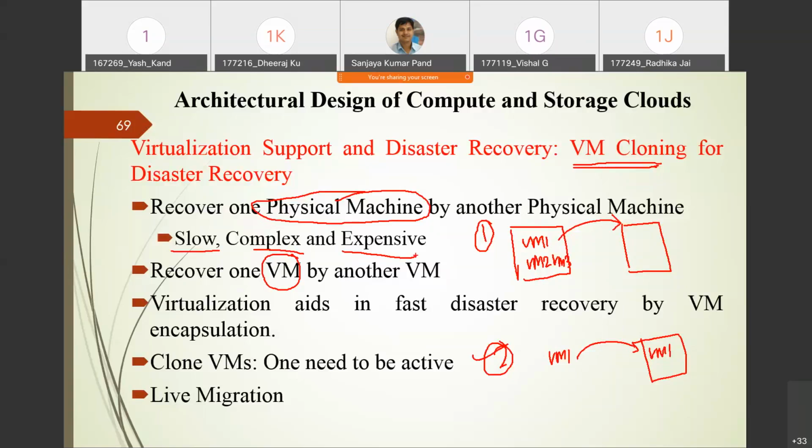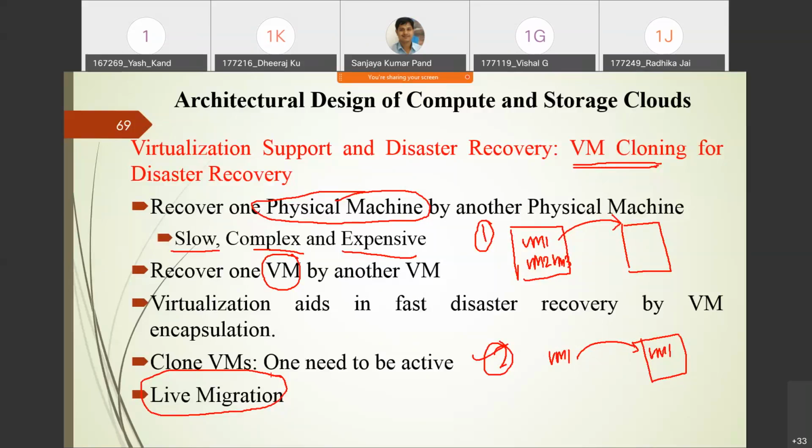But in the second case, if the virtual machine needs more resources or something like that, what can you do? You can do this migration from one physical machine to another physical machine. Such migrations are sometimes done at runtime. That's why we call it live migration. You can suspend the virtual machine, take its system image, and resume the same system image in another physical machine. It will start from that point, not from the beginning. Suppose 50% of the work is done. From that 50%, it will start in another physical machine.